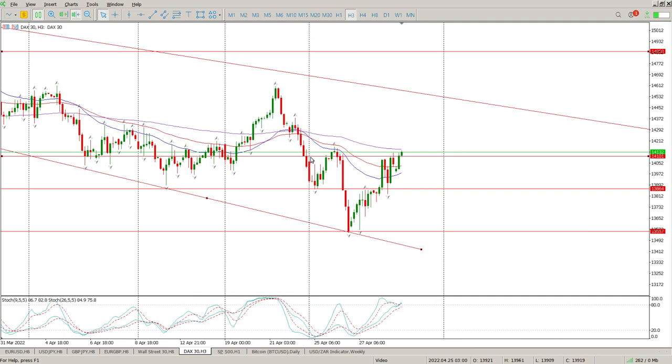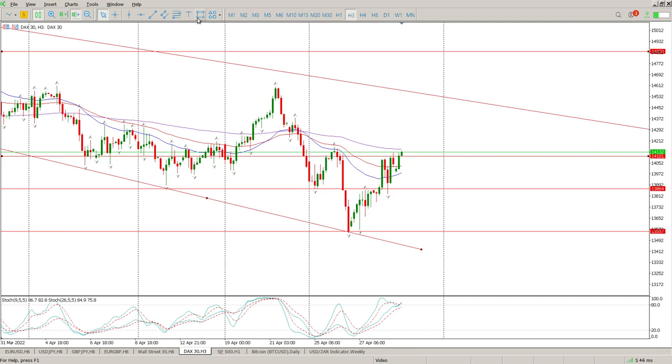We could argue that we have an inverse head and shoulders here, shoulder, head, and some sort of a shoulder to the right hand side, or some weird kind of cup and handle. For me, this move to the upside looks more like a flag rather than anything else. There's potential for a flat top triangle here as well. So mixed signals, lots of tails all over the place, lots of barbed wire, lots of confusion, back in this